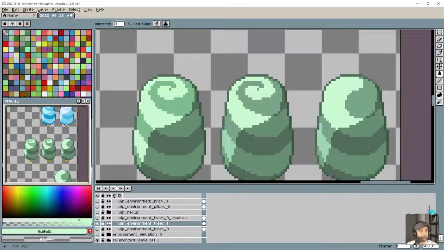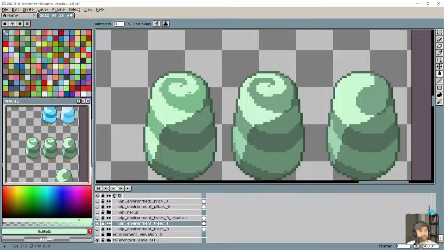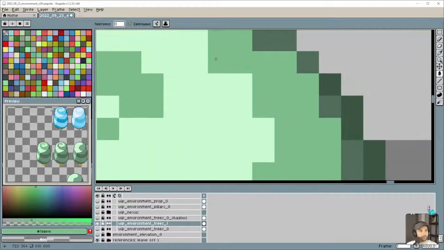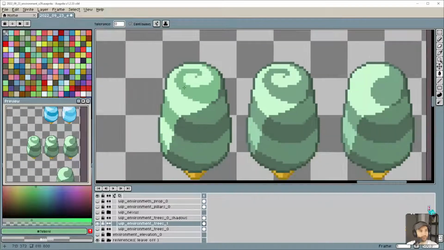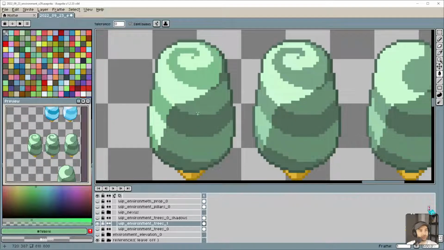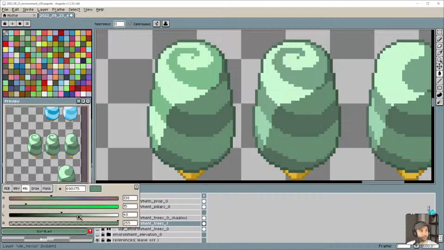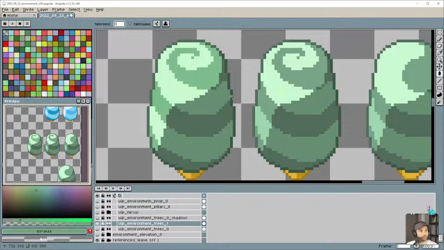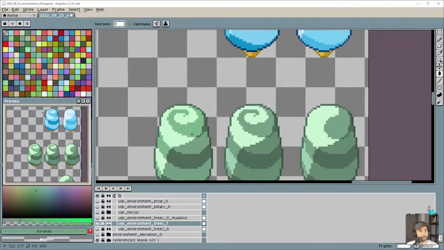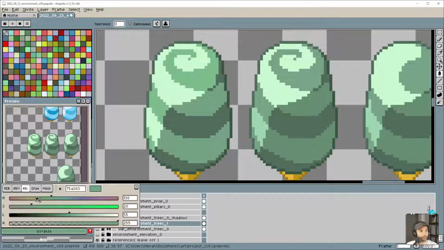Okay. Then if we bring this one down here, okay, so then now the shadow side of it is a bit too strong. So let's go ahead and soften that up. I think a bit more.